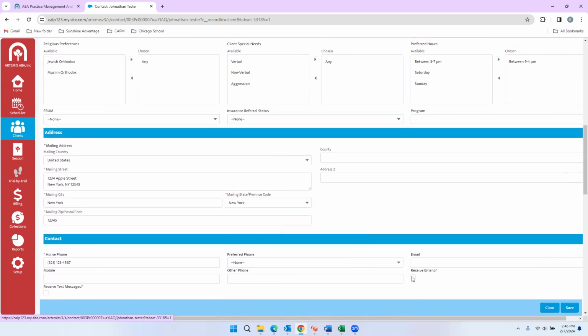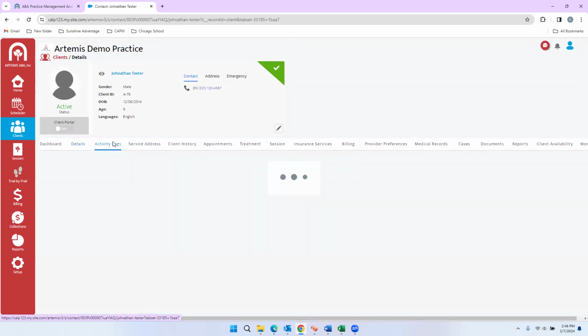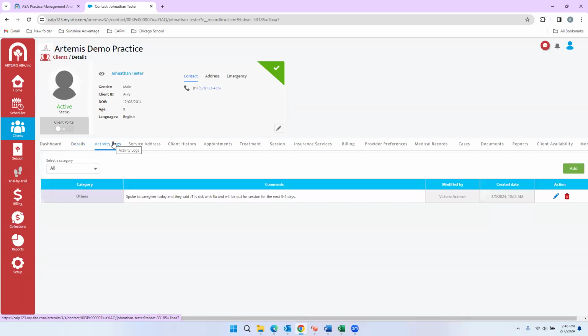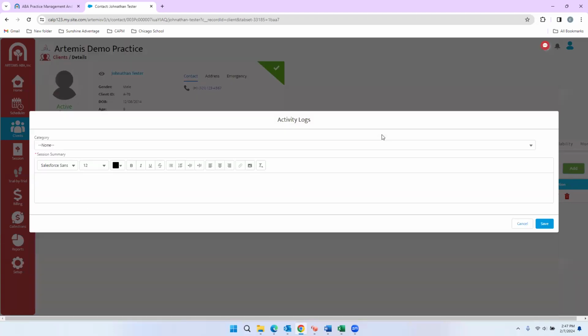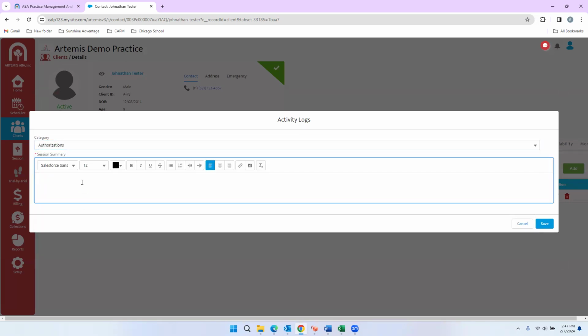I'm going to scroll back up and move over to the next tab within Client 360, which are my activity logs. Activity logs are going to be any sort of documentation or permanent product in which you would like to note regarding this client. So here as an example, I am able to add a particular note, and I'm able to classify what type of activity I would like to place this under. If this is an authorization, and we just finished a clinical call, I'm able to put authorization details listed out here as I see fit,